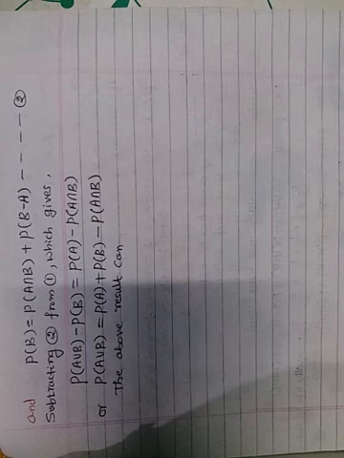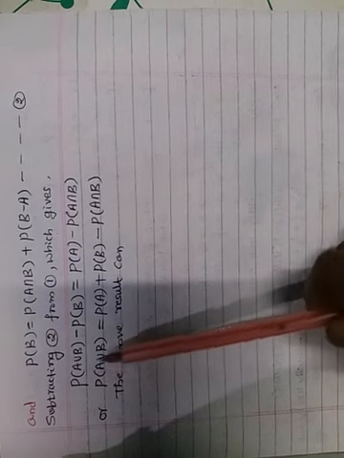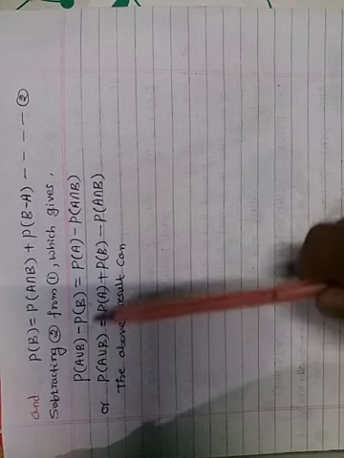Subtracting the second equation from the first equation, we get P of A union B minus P